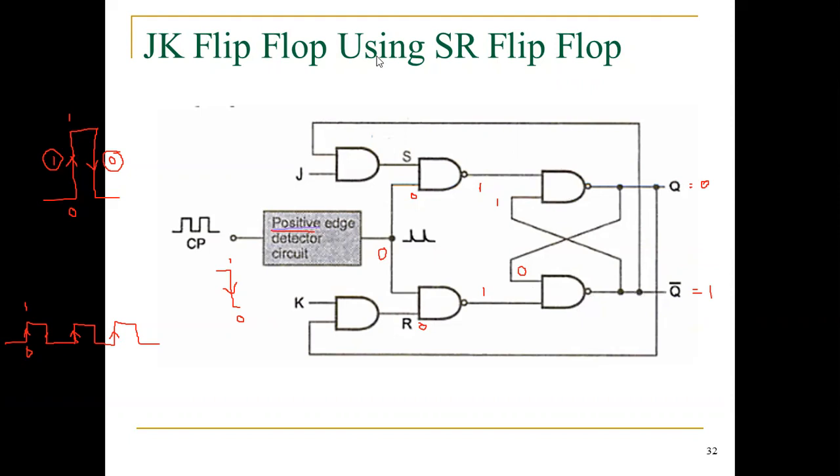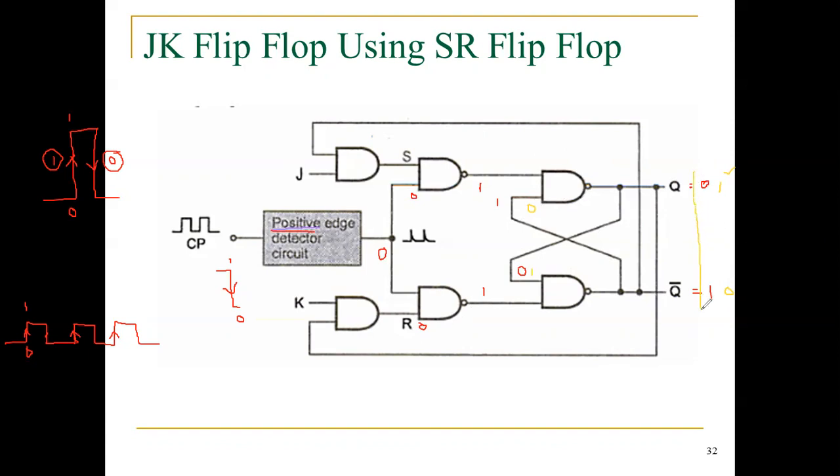Now, instead of this, I initially made the previous output equal to 1 here and 0 here. What will happen? This 0 comes to here. What will be the result? One of the inputs is equal to 0. That makes this a 1. That 1 comes to here. All the inputs are 1. Hence output equal to 0.